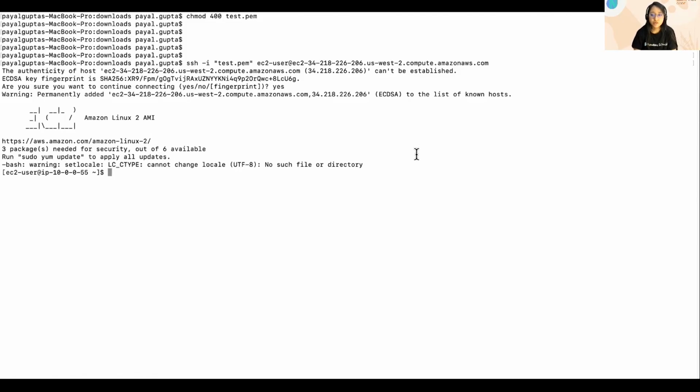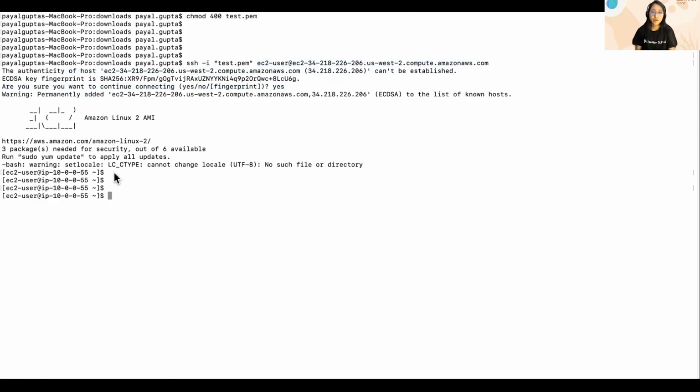Doing SSH into the instance is quite easy. First, I would suggest you change the permissions of the PEM file that you downloaded. This is the private key of your instance that you use to SSH into the instance. So make sure that you are making this file secure by updating the file permissions, and then you just have to run the command that you copied, ssh -i. This is the private key that you downloaded. Then your username for the instance and the DNS. If you want to connect, type yes, and you should be able to SSH into the instance easily.